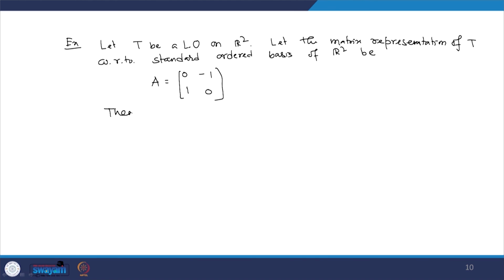Then R2 has the 0 subspace and R2 itself